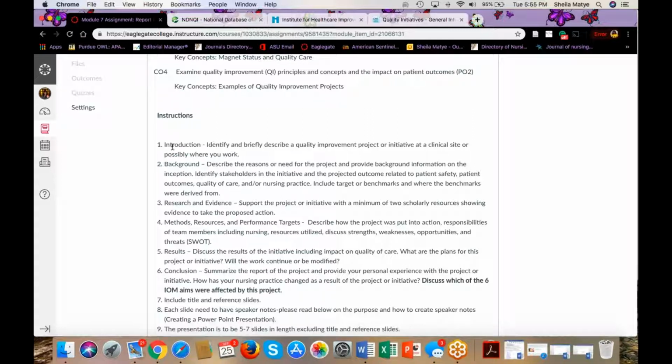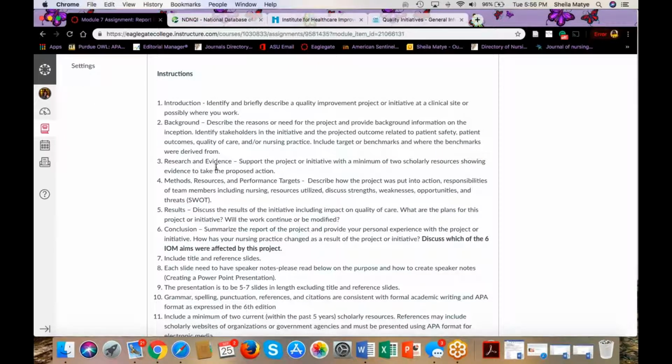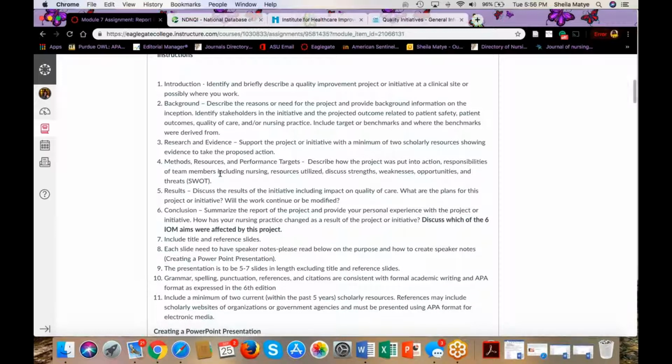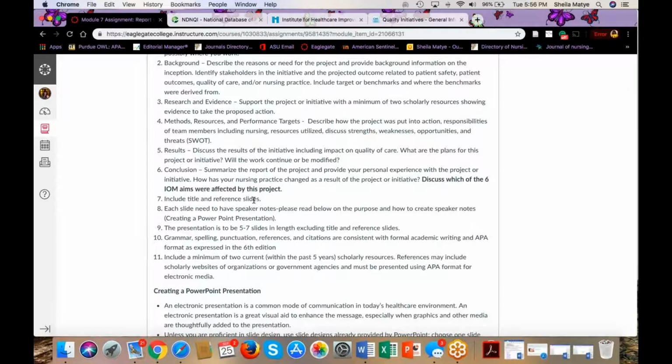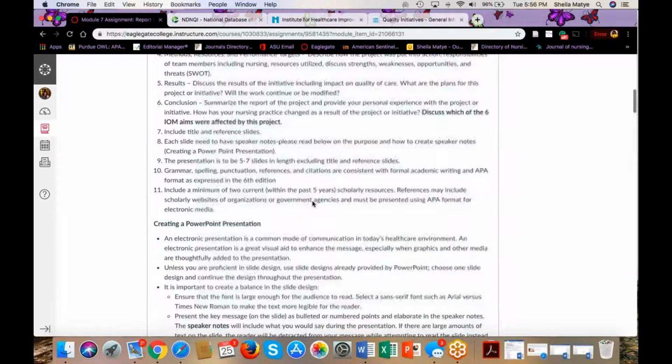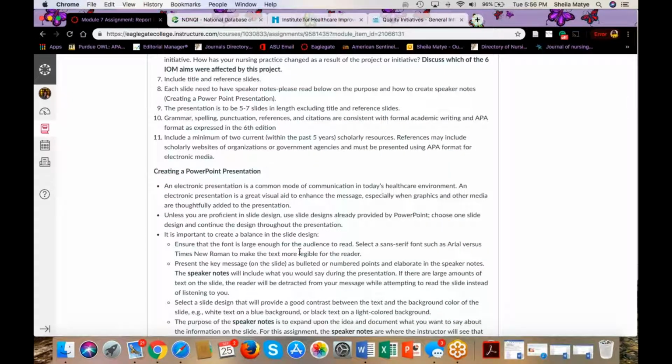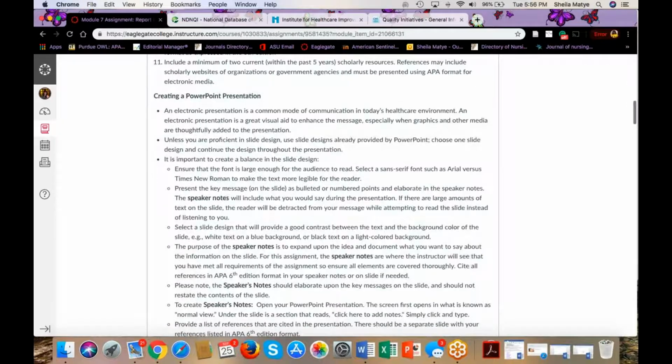You've got one slide that's going to talk about your introduction. Another slide that talks about your background. Another slide that's going to be research and evidence. Another slide that's your SWOT analysis. Another slide with results. And your last slide, conclusion. And then you're going to have a reference slide. So pretty easy. And down here, it talks about creating a PowerPoint presentation with speaker notes, because each slide has to